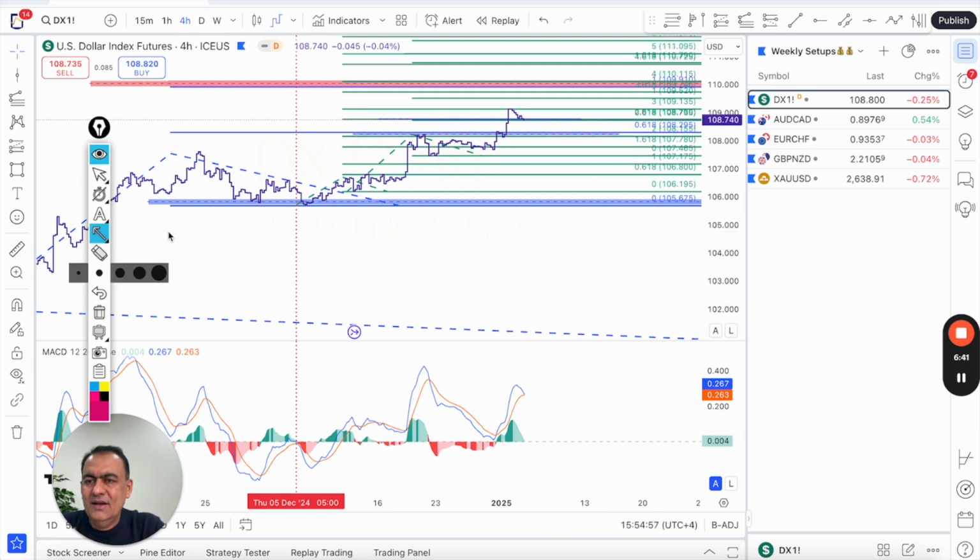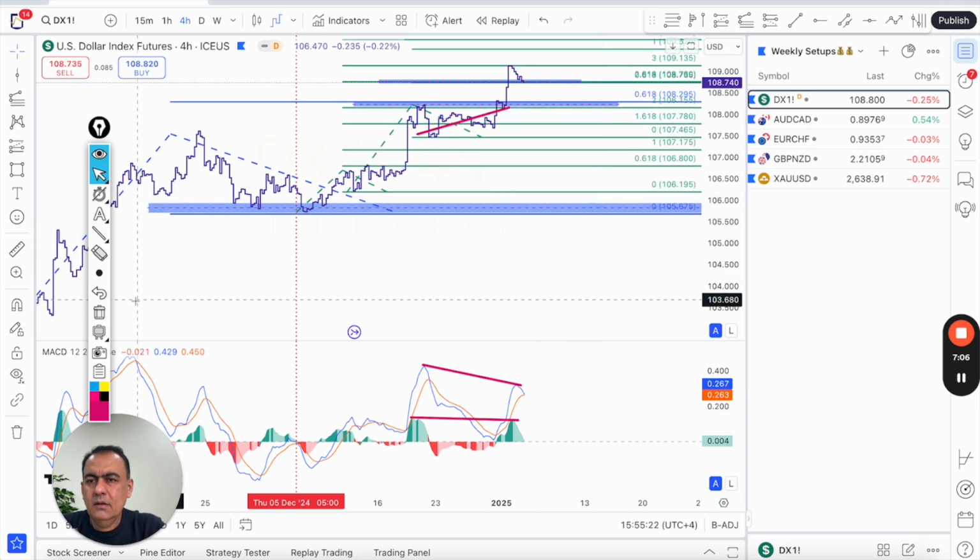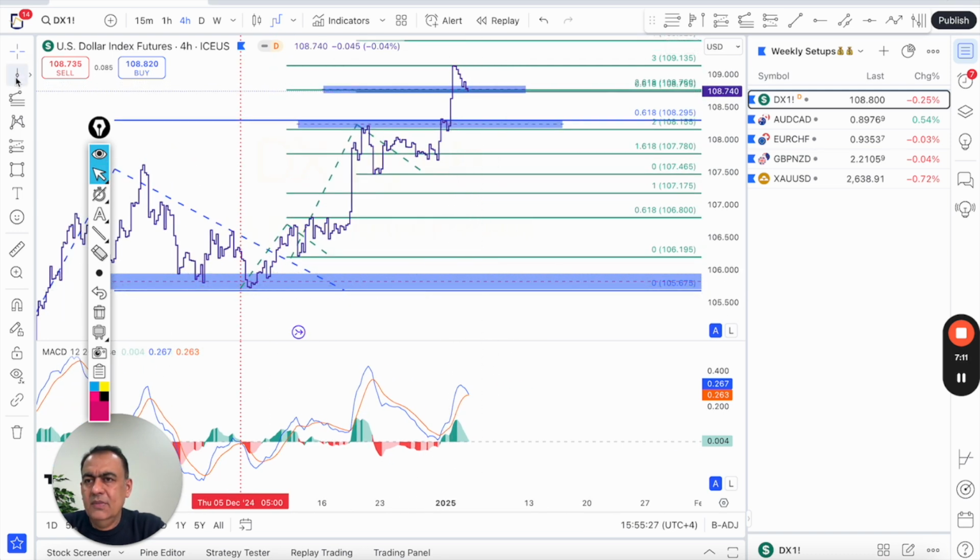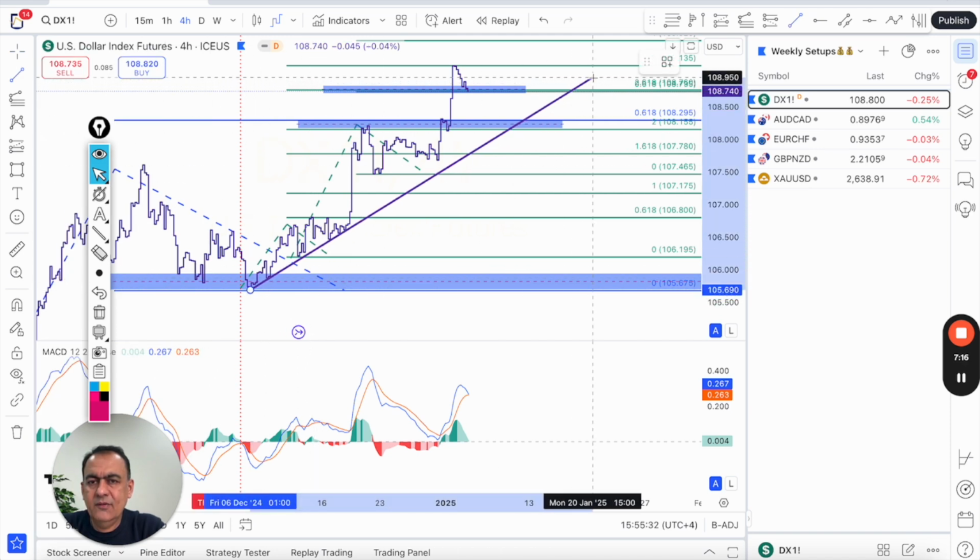Now what is the environment based on MACD? Based on MACD indicator, I can see that the latest higher high is under potential bearish divergence. Histogram is flat and MACD lines have created a lower high. It is not yet done, not yet completed, so I'm expecting potential bearish divergence which can bring short term weakness in dollar index. So I'll be looking for short term correction in dollar index on the 4 hourly time frame,